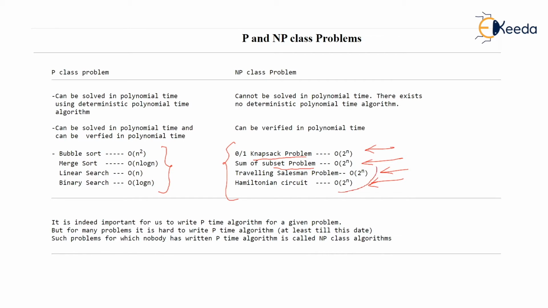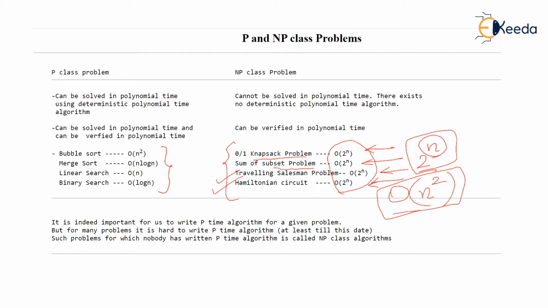Now, all these are exponential time. You watch, these are not polynomial because the data size n, maybe n is the number of objects for the knapsack, or n is the number of values in sum of subset, is basically in the exponent, isn't it? Now, what if you had some algorithm as n^2 here, order of n^2, then you call this polynomial time. But 2^n will be exponential. So all these problems do not have an algorithm till this date which gets solved in polynomial time.